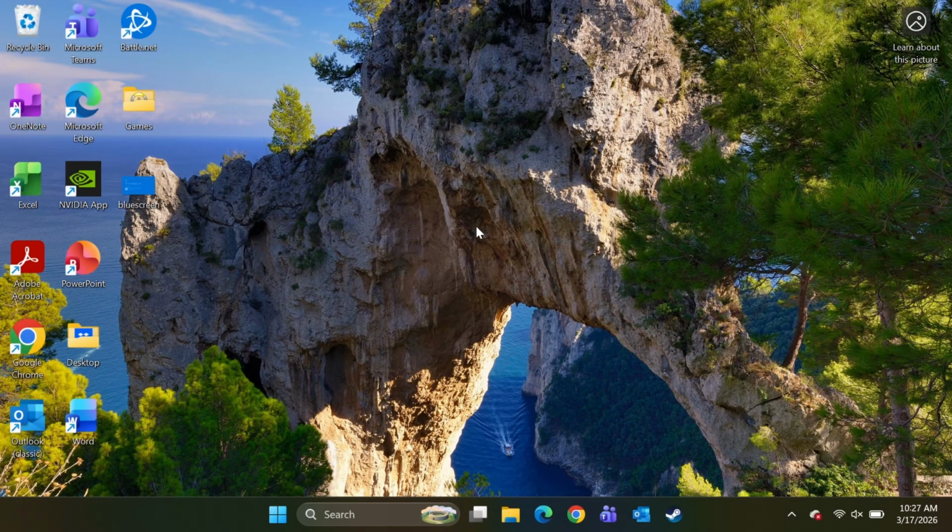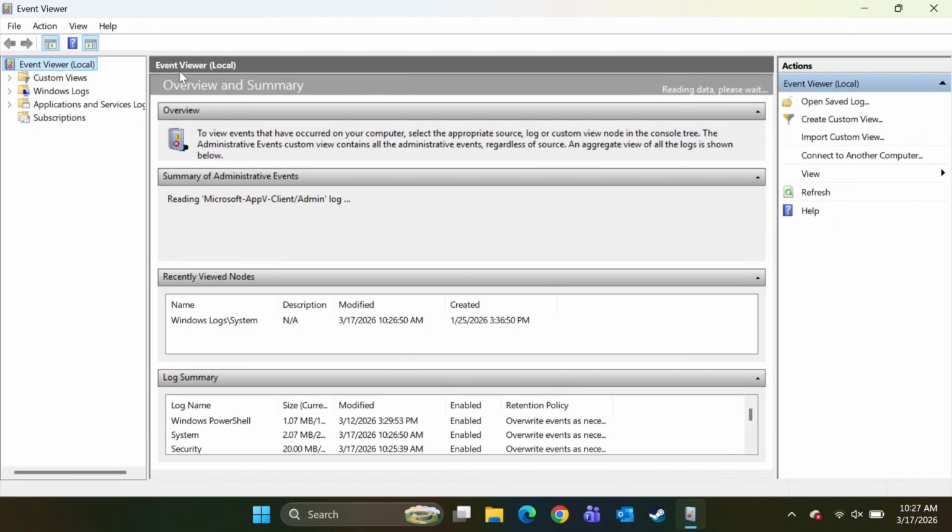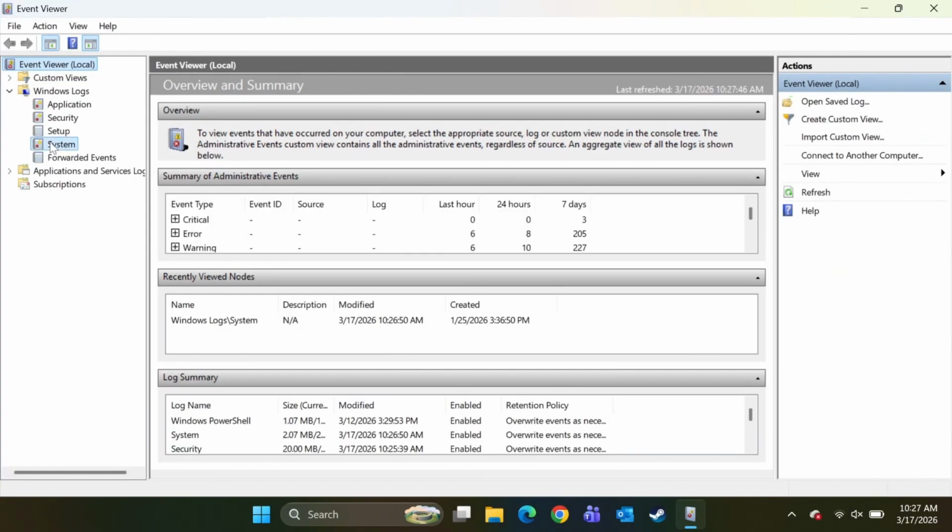Your PC restarts into the memory test. You'll see a progress bar. Let it run completely. It takes 10 to 20 minutes. When Windows comes back, press Windows + S, type Event Viewer, open it, expand Windows Logs, click System, and find